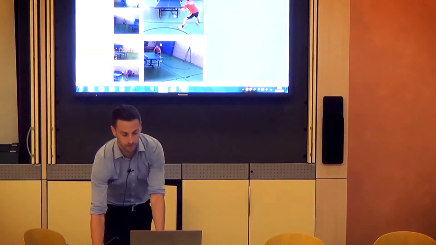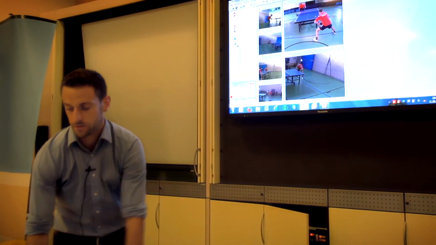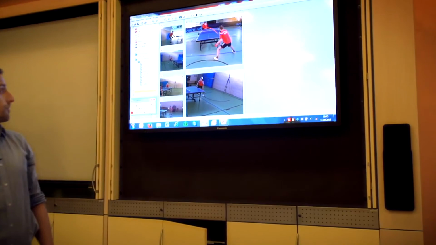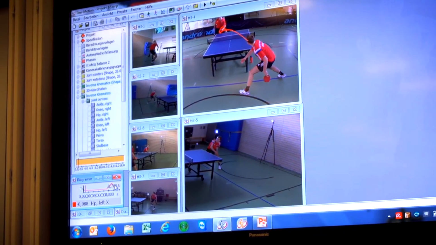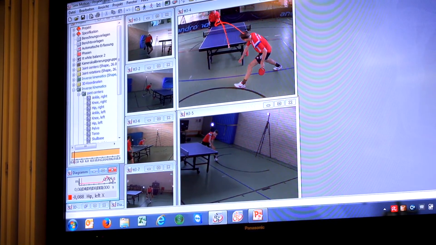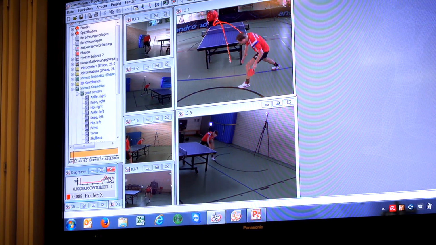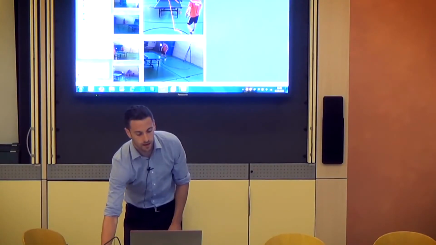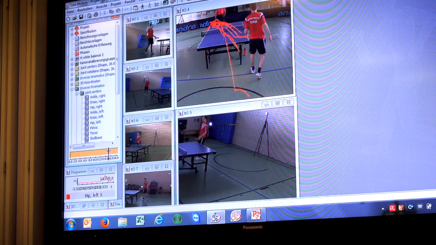In the next step, we can follow the ball. This is visualized here. We just capture the ball's movement, and here we get the ball's velocity and the path. We can also use the information of the z axis. If the z axis is 0, the ball strikes the table. So we can count where the ball strikes the table, and we can count how fast the ball was at the maximum speed. Here is some more of this kind of information.